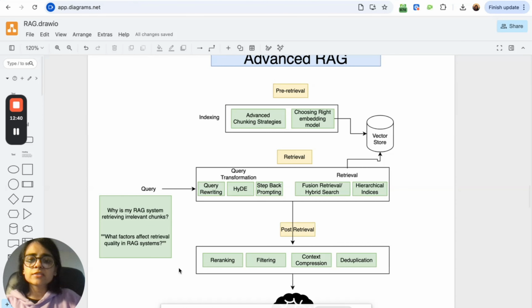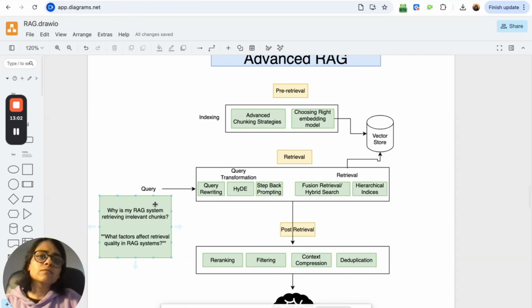Okay, coming to the next query transformation strategy, which is step back prompting. Step back prompting is when you are asking an LLM about something very specific, or you have some very specific details provided to the LLM. Sometimes you might miss the broader context, and that is what step back prompting addresses.